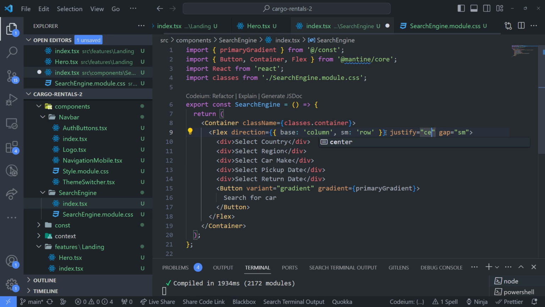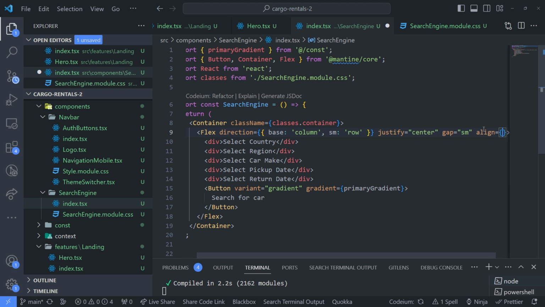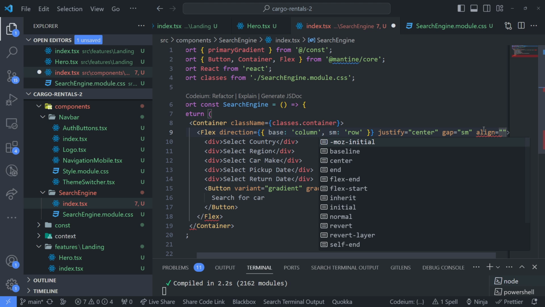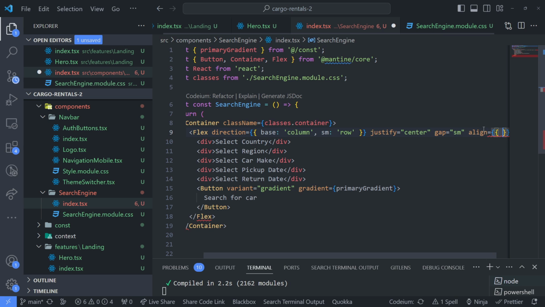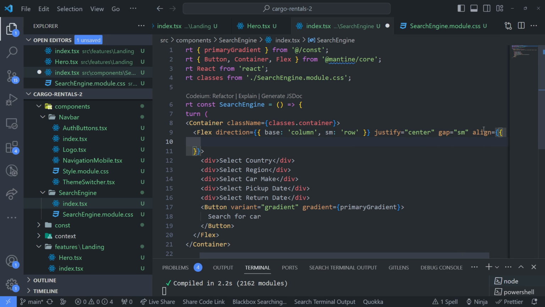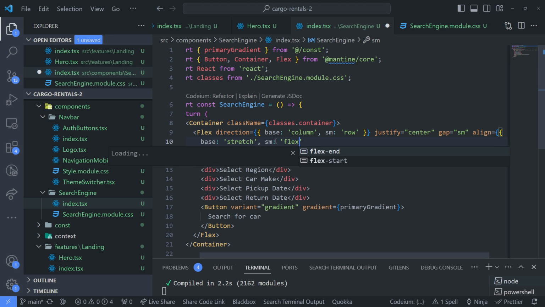So justify content is going to be center, align items, so we can say align. And with this one, because it is going to change direction, I am also going to do it slightly different. Right, so on base I'm going to do the stretch, but from this point going, then I'm going to do flex end. So when it changes direction,